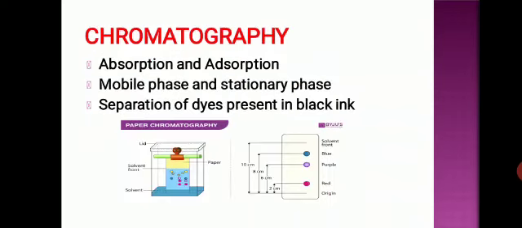And then we saw chromatography. Here we have to remember two things. One is absorption, the next one is adsorption. Absorption means they will go into the surface. Adsorption means they will stick on the layer itself. Here we have to remember another two things. One is the mobile phase, the other one is the stationary phase. The mobile phase we had here was our solvent, water. Stationary phase was filter paper. So what experiment did we see in this chromatography? Paper chromatography, that is the separation of black ink.